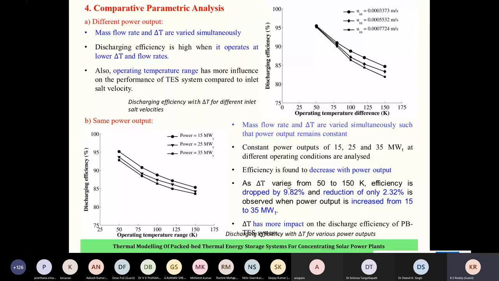And how is this discharge efficiency dependent on the velocities and also power outputs? If we change the power output from 15 megawatts to 35 megawatts, how is it behaving? How is it behaving with operating temperatures, with the discharge efficiency? You can see that at lower temperature, obviously, the efficiencies are higher. As we go to higher temperature, the efficiency drops. And similarly, at lower velocities, you will have a higher discharge efficiency, but when the velocity increases, the temperature drops, so the efficiency will also